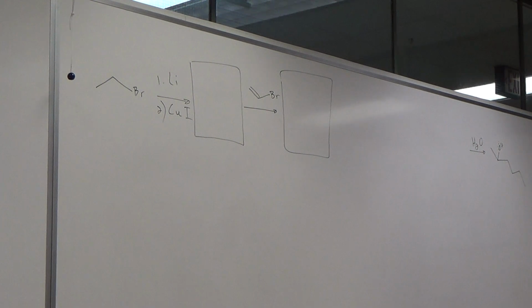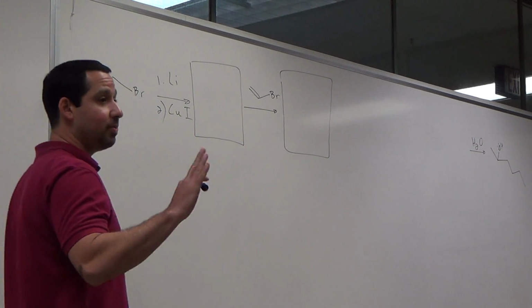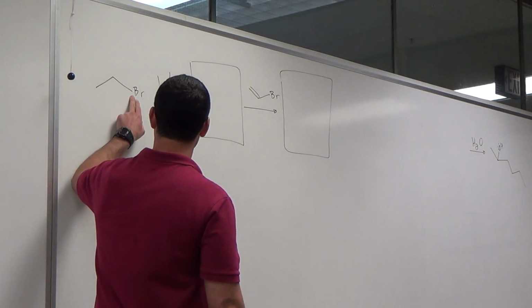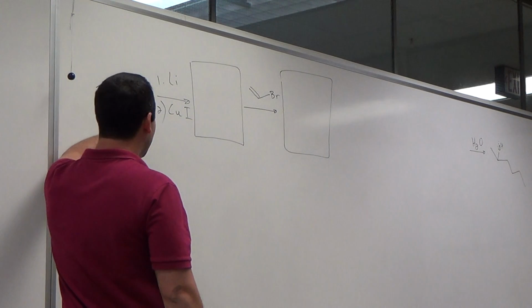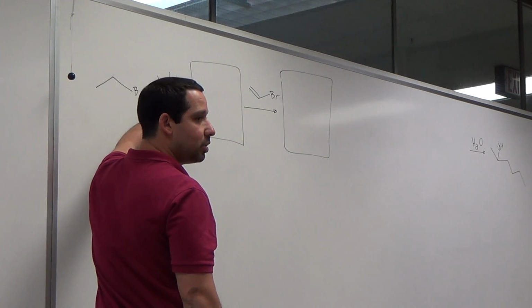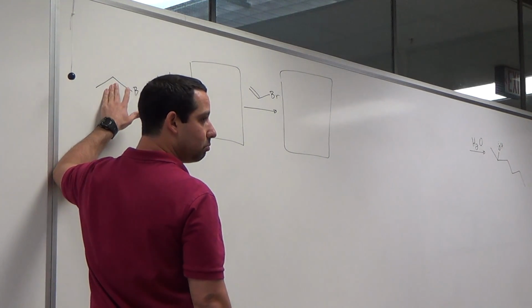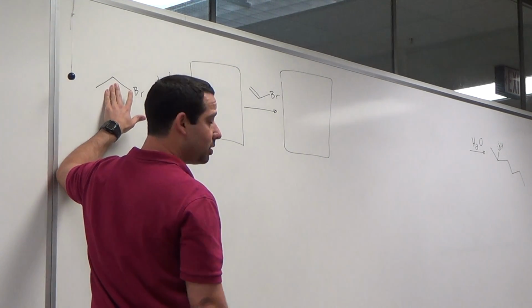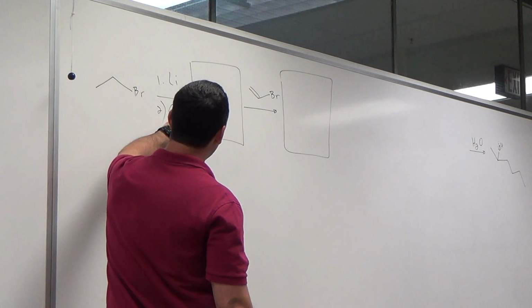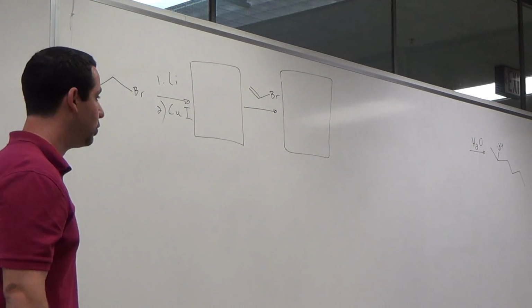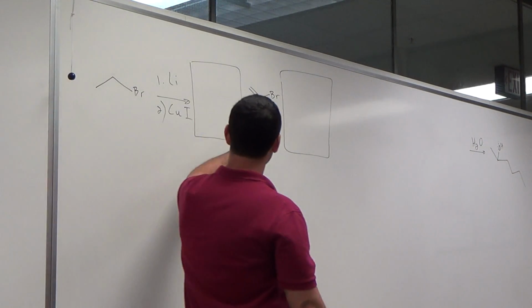Okay, so what's the product? Once again, you don't have to see this, yes? Here's an alkyl halide, and you add lithium to it. What does it form? Organolithium, yes? And if you add this, it forms the organocuprate. With two of them, right? And then after this, what do you have here?